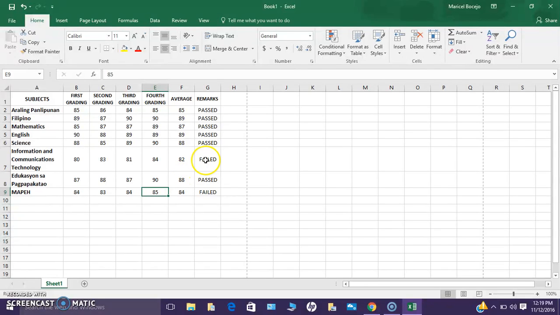So let's change the font color of those failing grades into red.